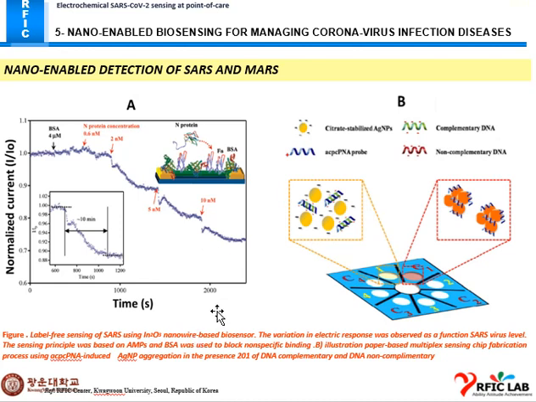There are so many applications and detection technologies. Basically, some are electrochemical, using the current and normalized current over time, and we check how much the current increases at different concentrations, and design a label-free nanowire based sensor. In this figure we can see gold nanoparticles, silver nanoparticles, and complementary DNA and non-complementary DNA to check the selectivity.